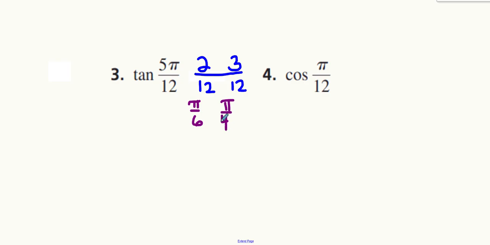And again, I'm adding, so that means I'm adding here. Okay? So now we use the tangent formula, which is the hard one. So again, tan A plus tan B is our numerator. So we're going to have tan pi over 6. And again, the order of these doesn't matter. So if you wanted to put pi over 4 in the front or the back, plus tan B, which is pi over 4,